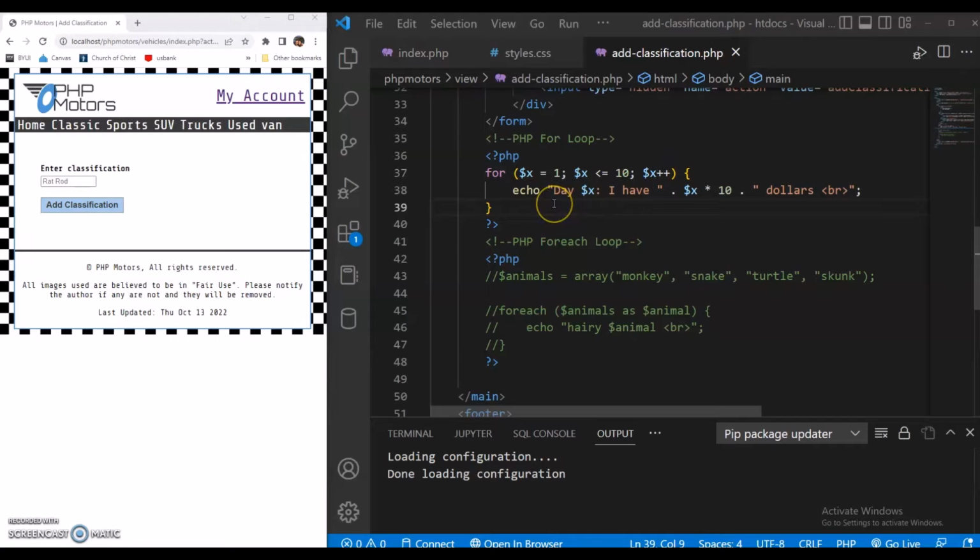What I'm doing is just printing day whatever. I have that number of days times $10. So say you have a job where you get $10 a day, it's going to increment your dollar amount by 10 every day. So the syntax is a little bit different for PHP if you're doing an equation in a